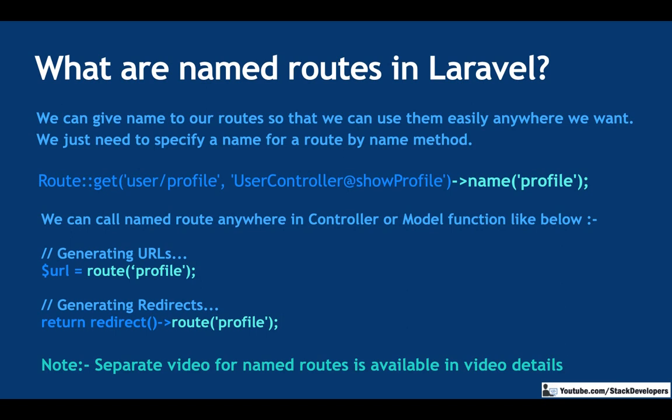Okay, you can simply create one controller and one route and call that function, like show profile. See, in this example, first you need to make the controller, like UserController, and after that you need to make this function showProfile in UserController, and enter this route. Okay, and in showProfile you just need to call this route, or the route method, and in that you can use the profile, and here in $url you can simply echo and show it. Okay, so like this we have done it practically.